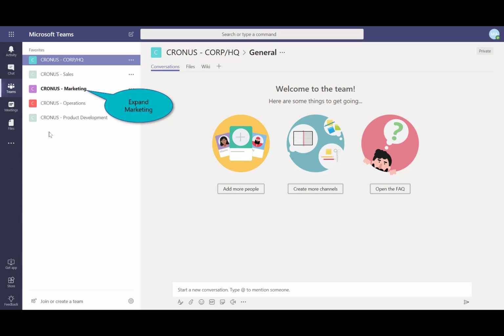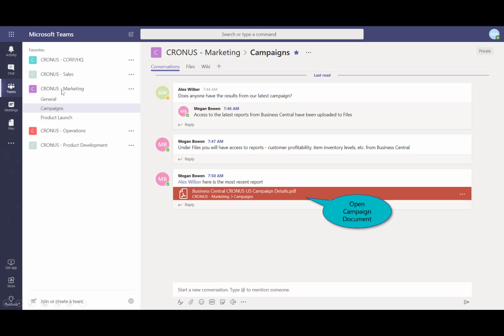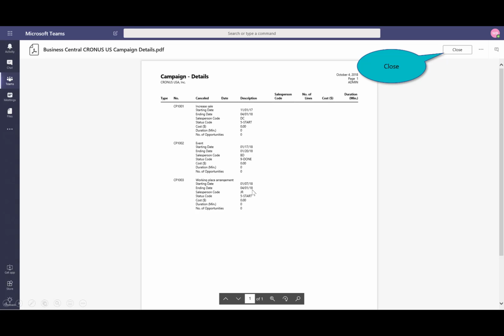And we've got one, although there's corp, there's sales, operations, we've got one dedicated just for the marketing team. So if I expand that out, you can see that I've got some documents and files that are embedded into the conversation, right? That's a natural part of our organization and how we communicate with each other. This file happens to be a campaign detail file. It was uploaded to the file library from Dynamics 365 Business Central, but I can open up this PDF